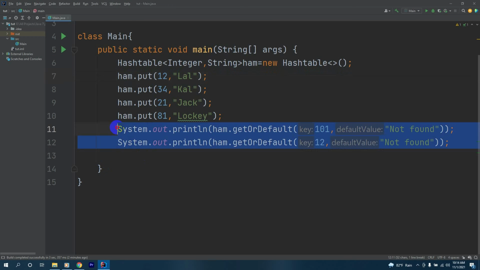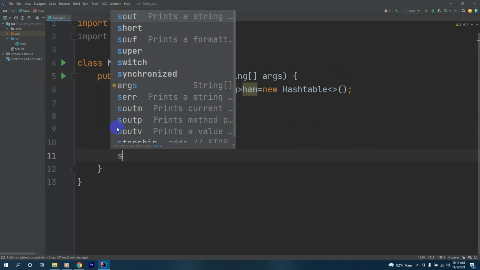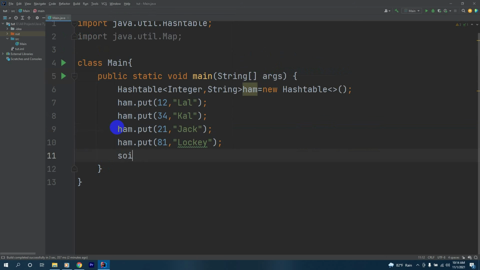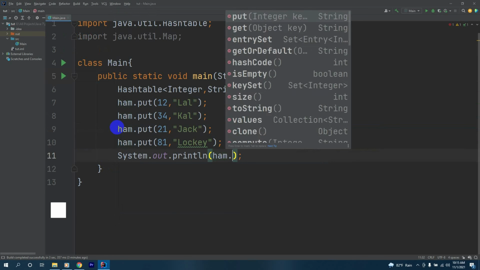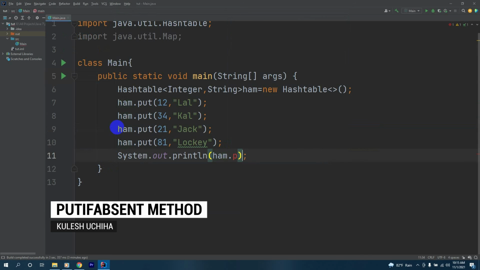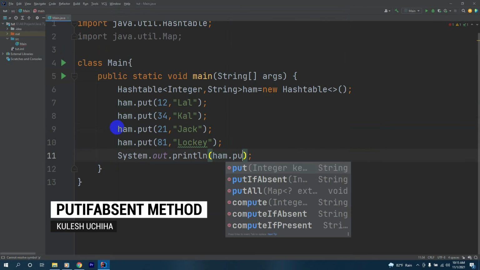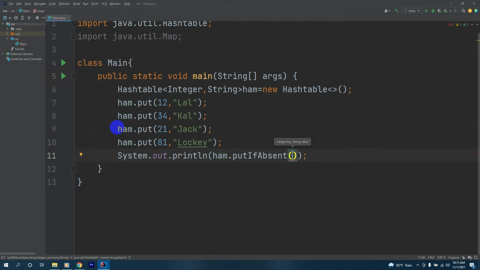Now we'll see another method. We'll remove this and say System.out ham.putIfAbsent, and we'll say 11 Alex.